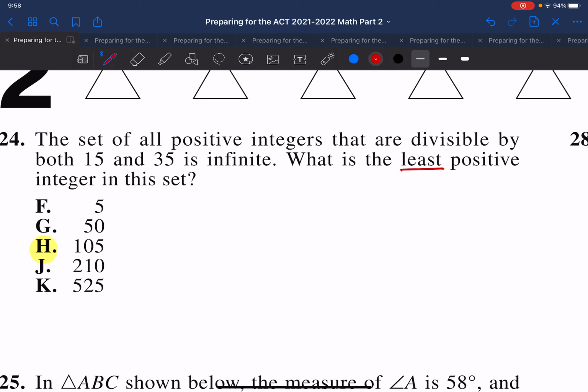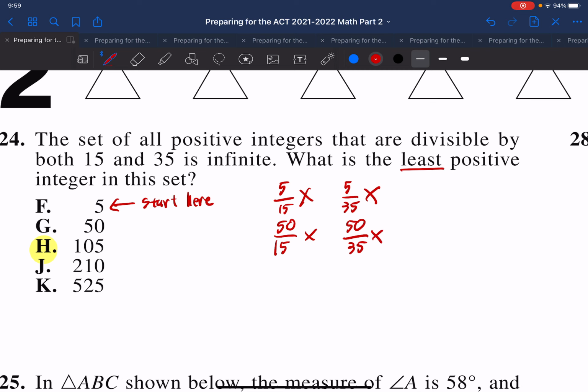Sorry about that. Yep, that is correct. So the question is, are these both whole numbers? In this case, nope and no. So we move on. Next one. 50 over 15. Nope. 50 over 35. No, that is not. Next. 105 over 15. 105 over 35. That, I believe,